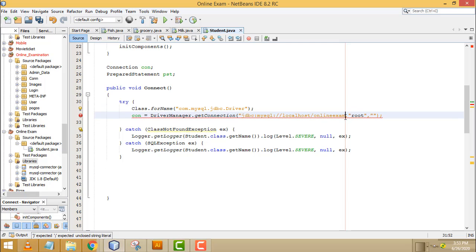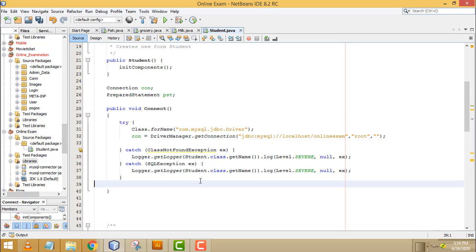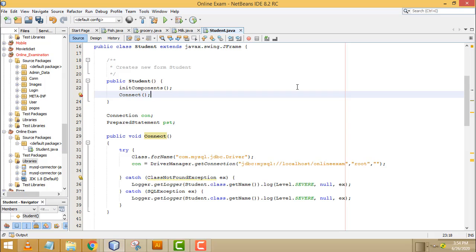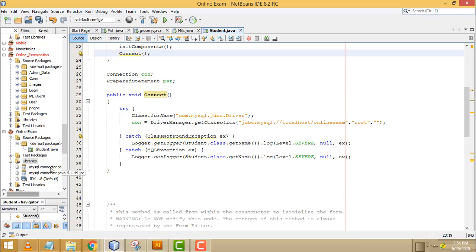The problem is here, you have to close the things, right? This is open and close, that's the problem. Now it's okay. Now this is the method. When the class is loaded, we have to call this method. Control C to copy, Control V to paste here. That's the stuff we have to do.